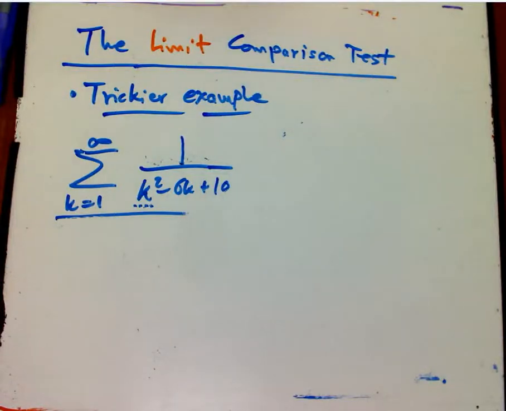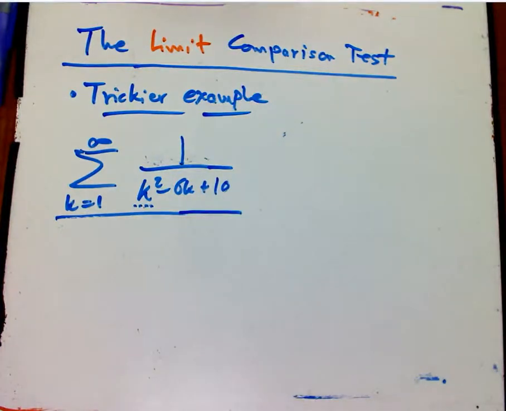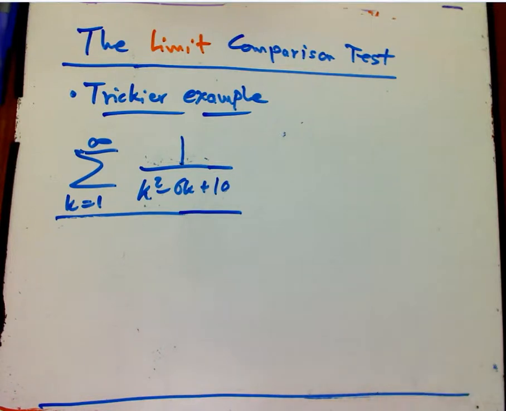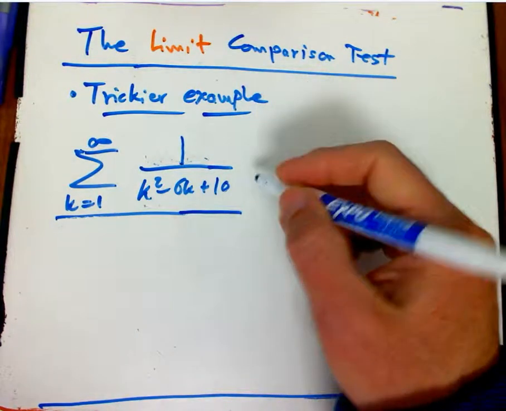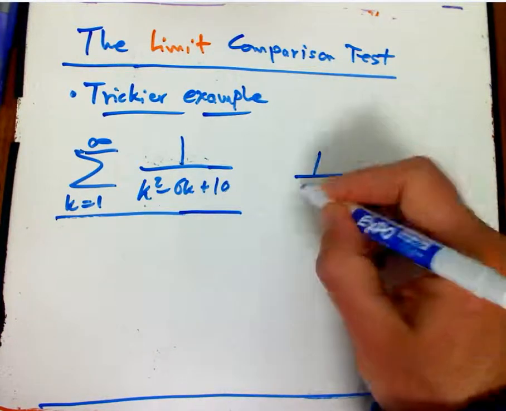So let's recall the tricky example from part 2, talking about the regular comparison test. The limit comparison test is a really nice way to do this example. The limit comparison test codifies, and makes a little more precise, the idea that we usually start with when we're thinking about the comparison test, is that these terms,